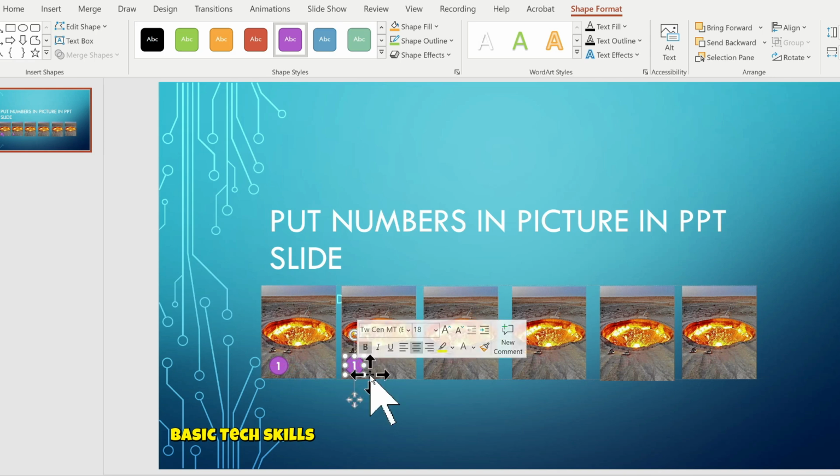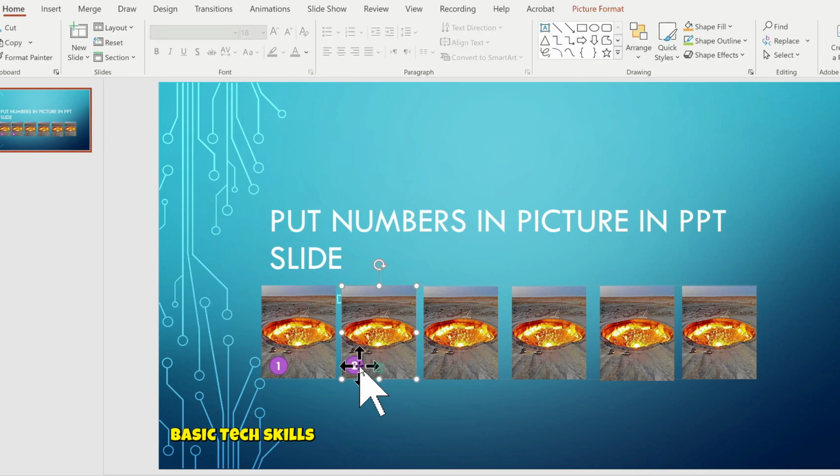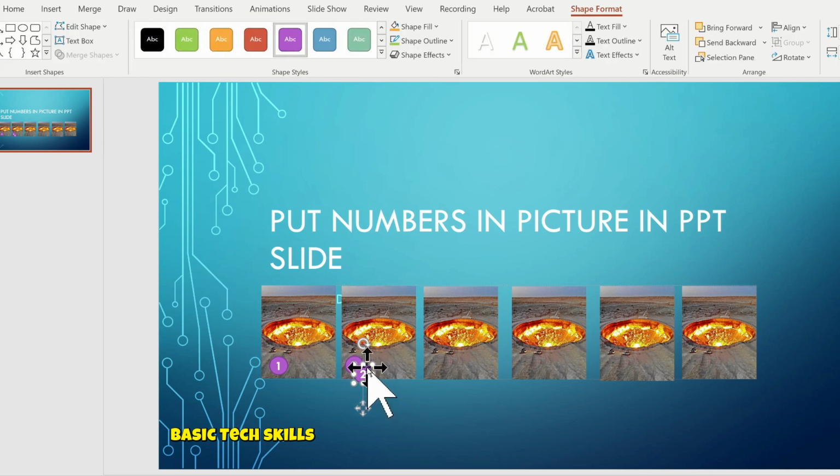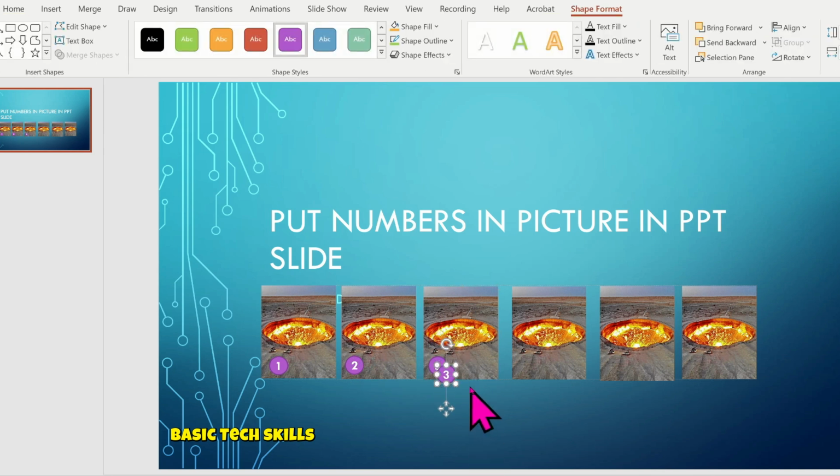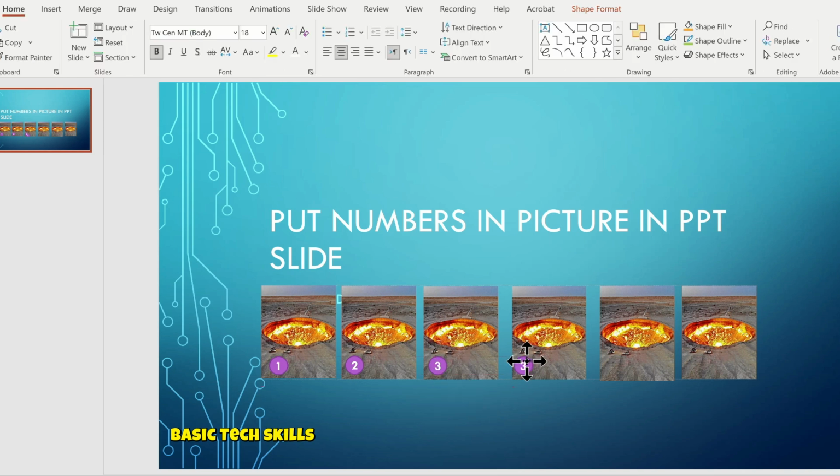and now Control D and place it onto the second image and change the number to 2, and then again Control D and paste onto the third, and again Control D and place onto the fourth image and change the number to 4,